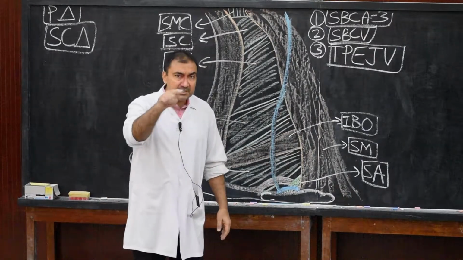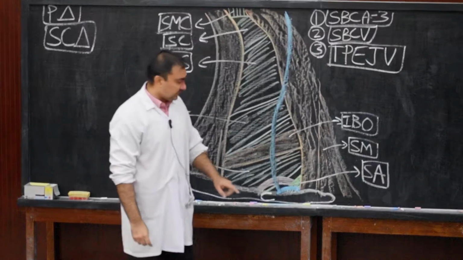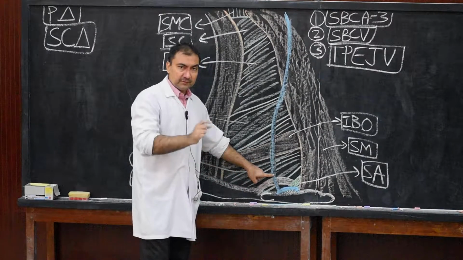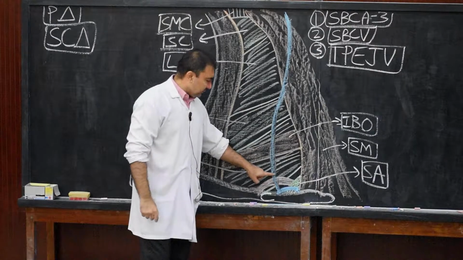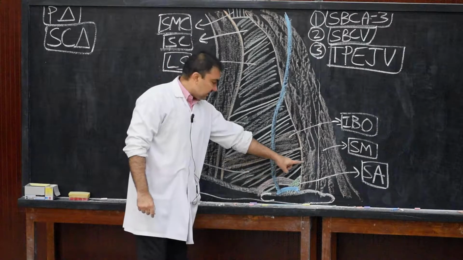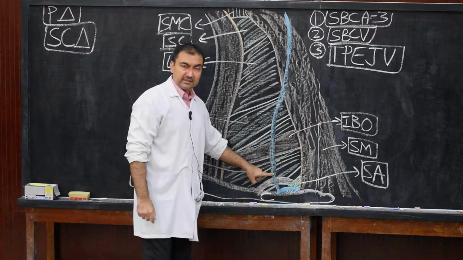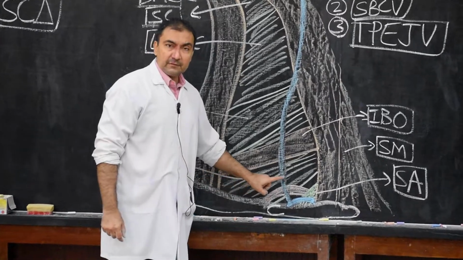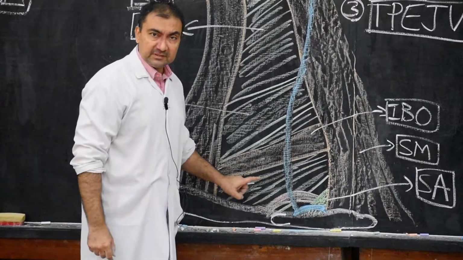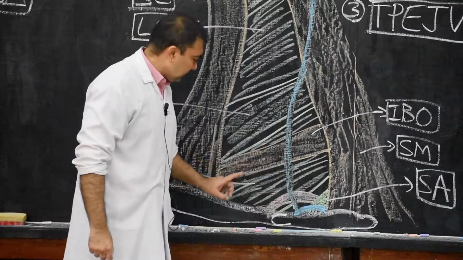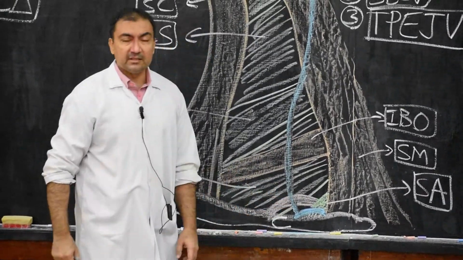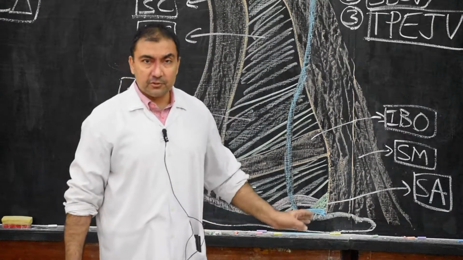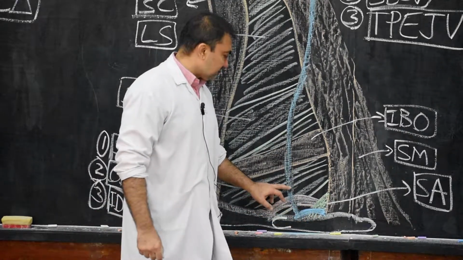What are the 3 veins which are terminating into the external jugular vein? That also we have seen. The 3 veins which will terminate here, which we should not draw right now because it will complicate things, are the anterior jugular vein, which we have already discussed in one of the segments, then the transverse cervical vein, and the suprascapular vein. These are the veins which are going to drain into the terminal part of the external jugular vein.